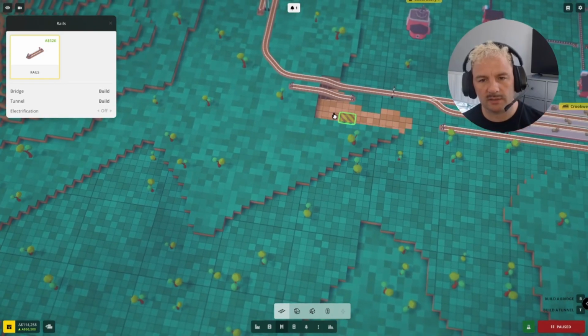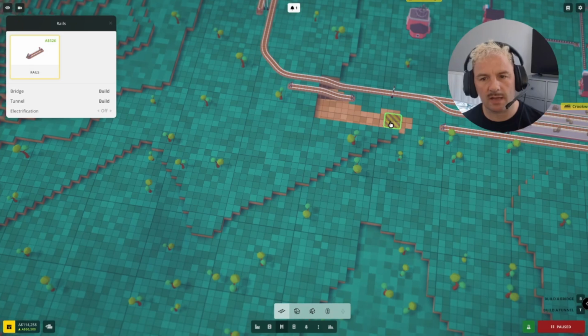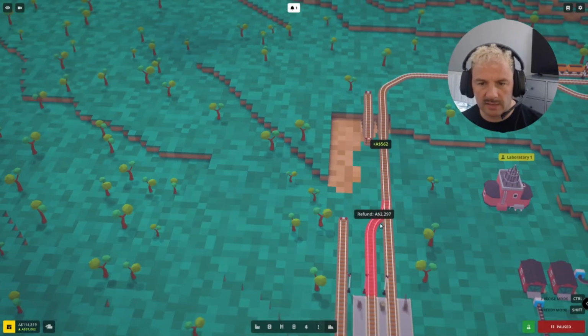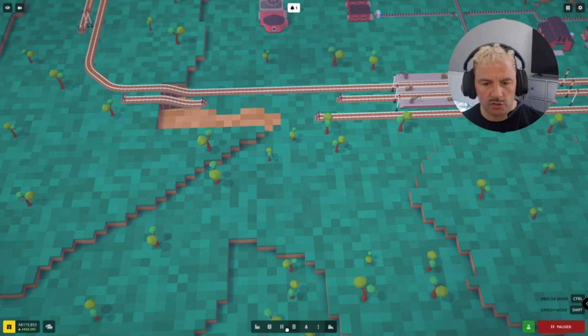Wonder if I just want this to be slightly different. Because what we're going to do, let's get rid of this signal and let's get rid of this guy. And we'll just do the join bit. There. Okay, cool. So we want a train with at least 11 pieces of rolling stock to be able to